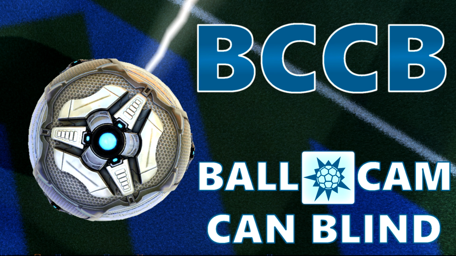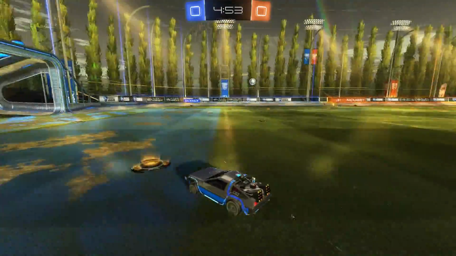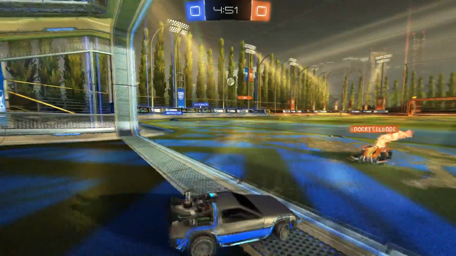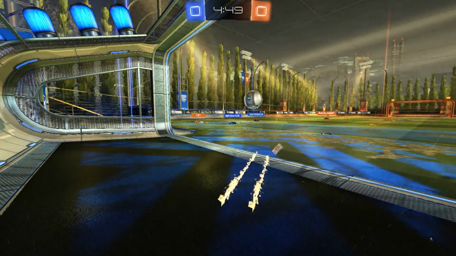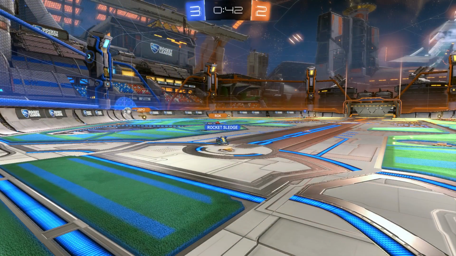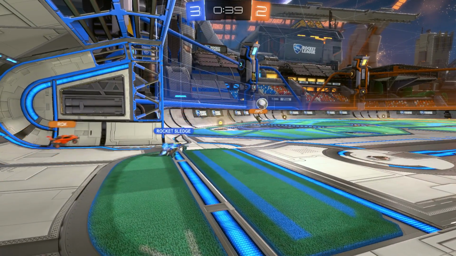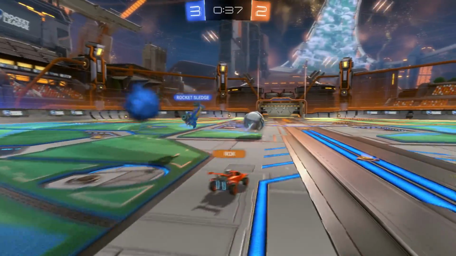Once you understand how ball cam can limit your opponent's view, you can really use it to your advantage to take him out. Here in this example, we have the player rotating back to the net, and I attack him from the blind side, which really gives him no opportunity to jump over me. If you attack players from the side the ball is on, it's going to be very easy for them to avoid you, and thus, if you're trying to employ my tactics against me for that last minute tie, you are